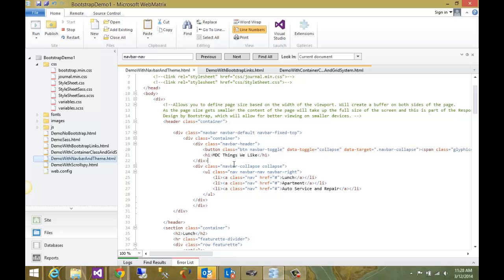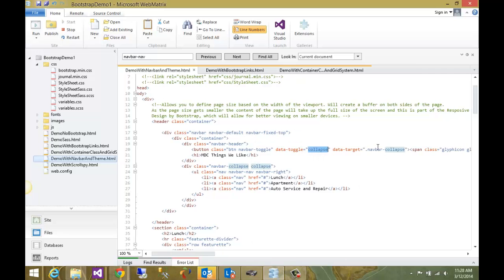Typically, for good practice, you would only want to have one navbar. If you have something else below, it's not really going to be a navbar. It might be a list or something, because you're not actually navigating from page to page with that one. But if you do, you can always just say collapse, and then as long as the class is different,